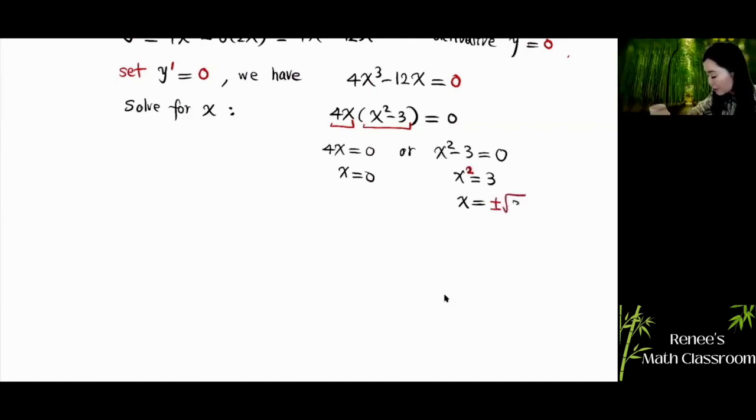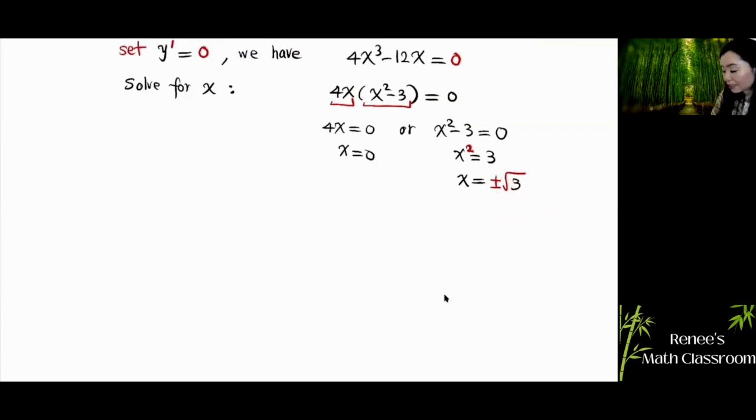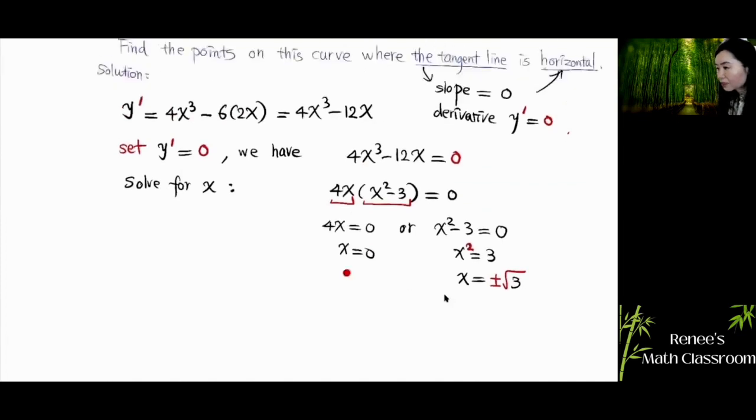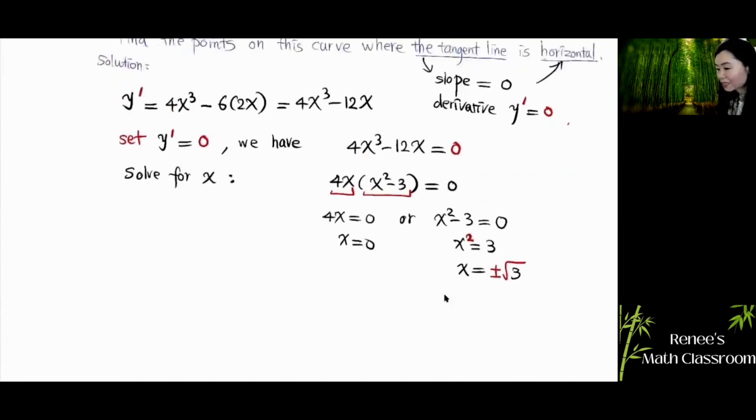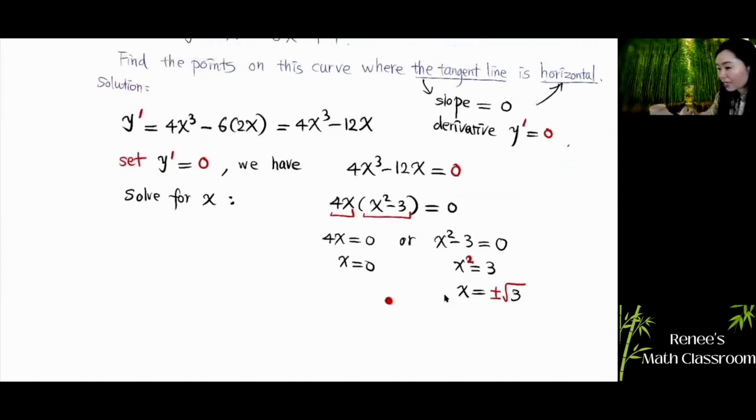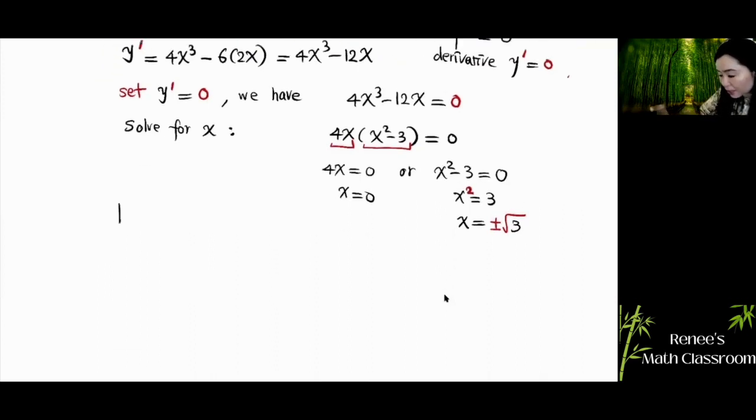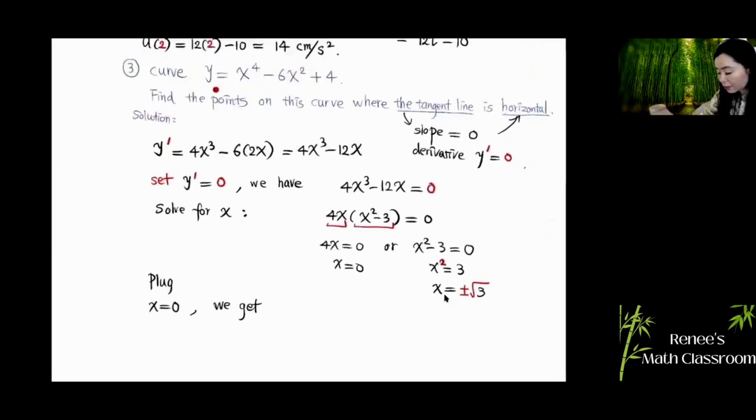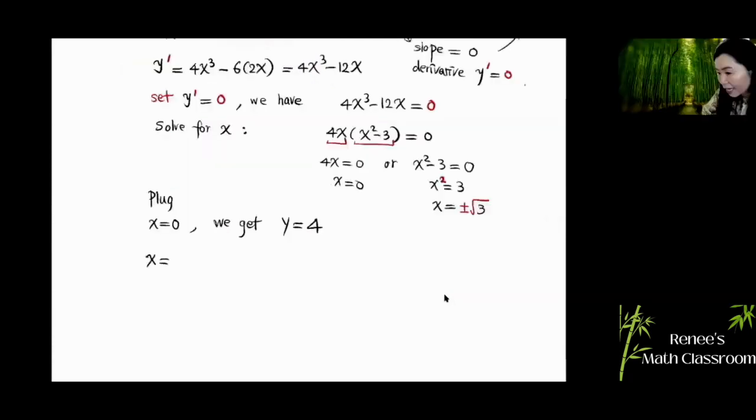Now, there are two roots. Both positive and negative square root of 3, when you square them, you get positive 3. So don't forget you have two roots, positive and negative. Now we're going to find those points. Here are the x coordinates for those points. To find the y coordinate, we need to plug this x into the function to find y. So I'm going to plug x equal to 0 into the function. It's this function right here. So y will be equal to 4. And if you plug in x equal to positive or negative square root of 3,